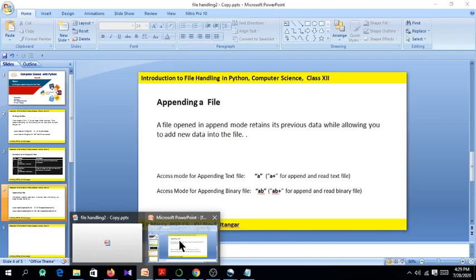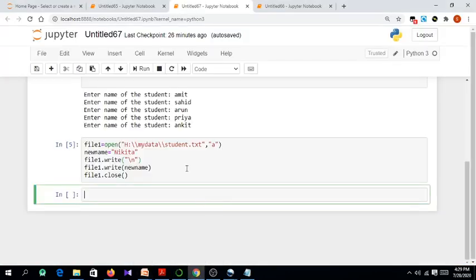Okay, so up to now we have seen how to open a file, how to read something from a file, how to write something into a file, and how to append data into the file, and we have seen the differences of all the modes. Okay, in the next video we are going to see some programs that will demonstrate the use of all 3 modes in very different ways. We'll see some programs to demonstrate the use of all this in more and more detail.